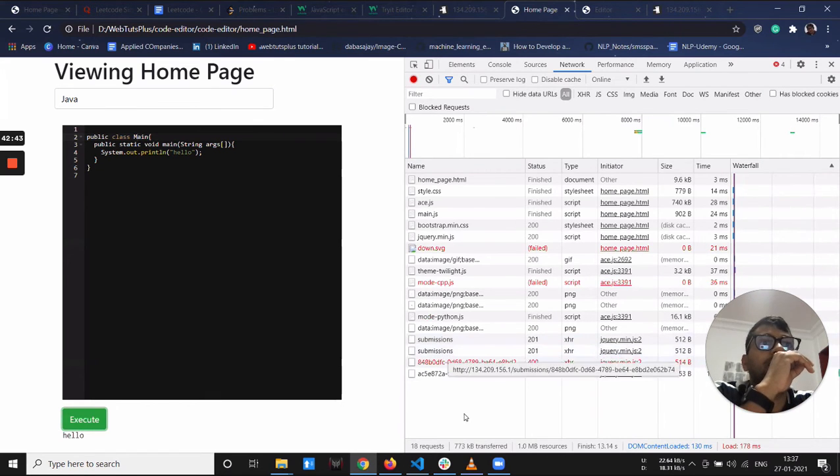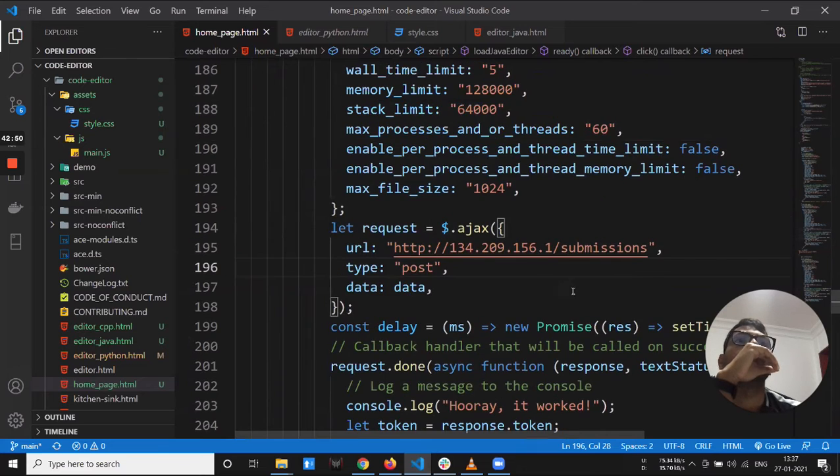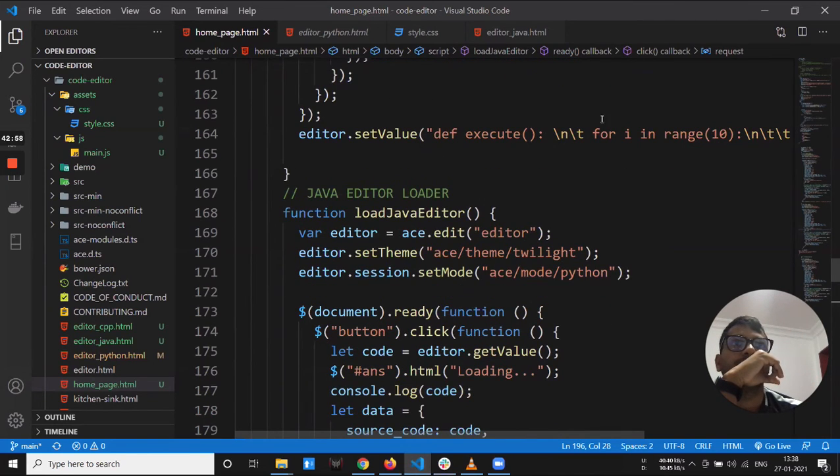Two submissions. So let's see the code of this when you are triggering the Java method, and let's try to debug it and compare this one with CPP.